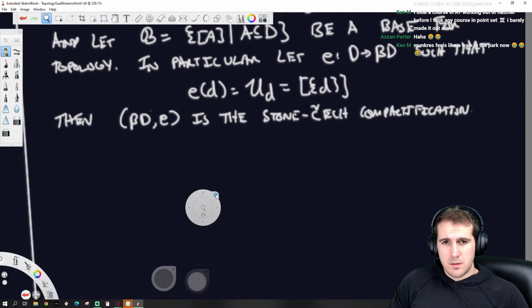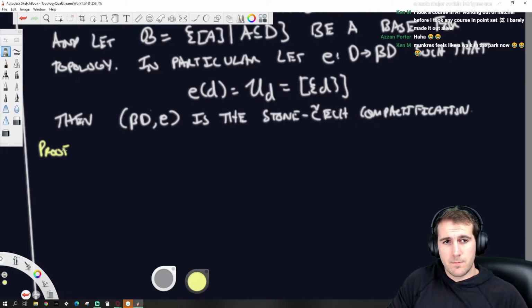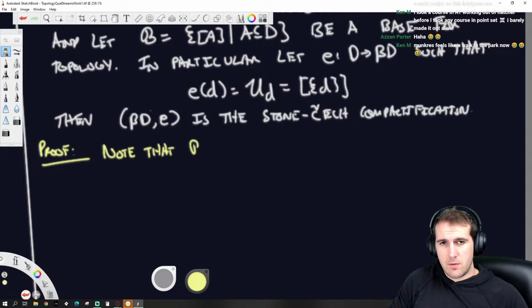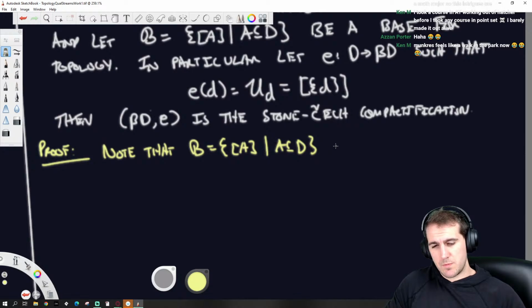So, proof. Note that B, which is equal to this stuff, is actually a base for topology.